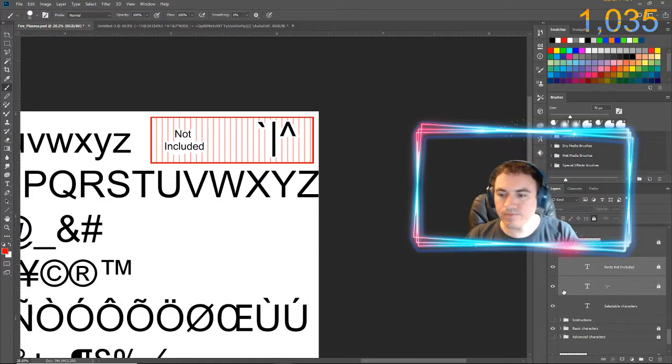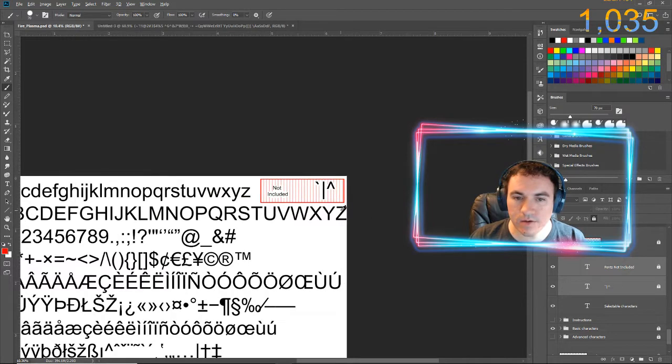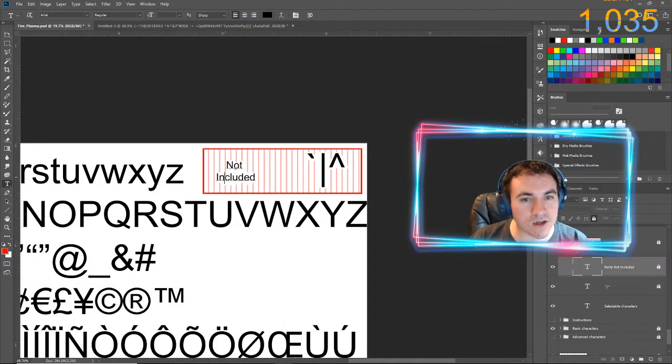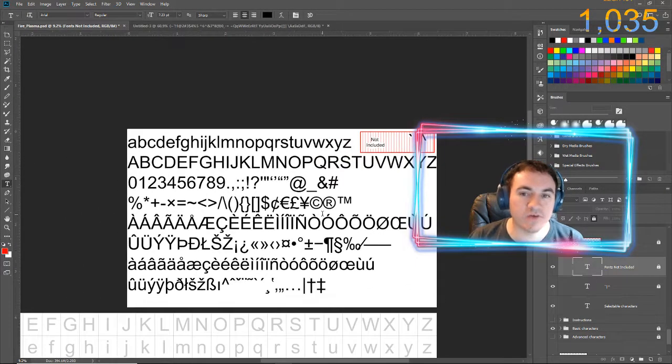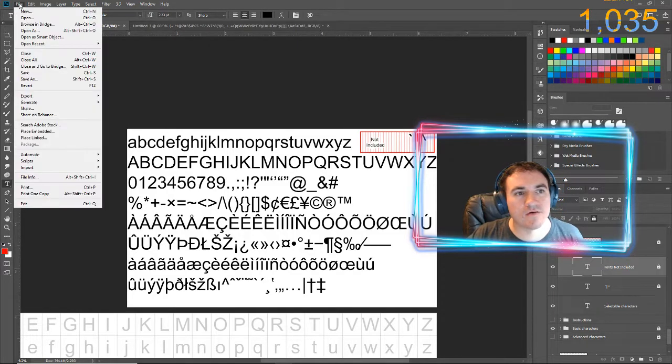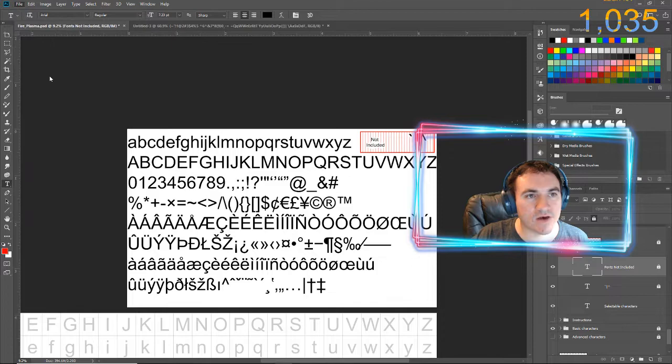Good. Wait, if a layer is locked, can I still... No, you can't. So I'm going to keep those layers locked as like a little notification as you're trying to make or design a font. And that is useful. And file, save as,